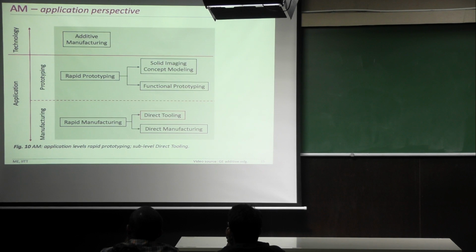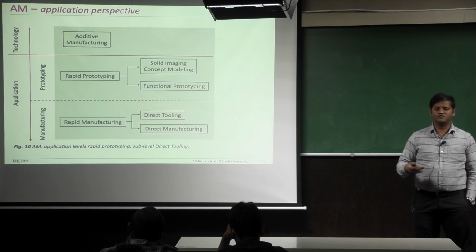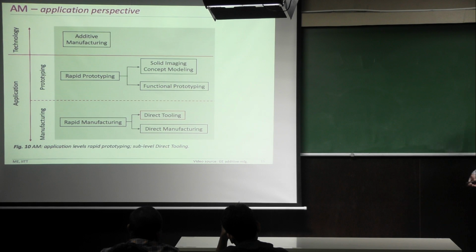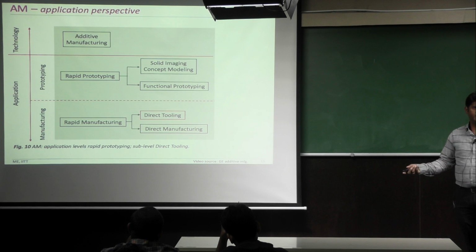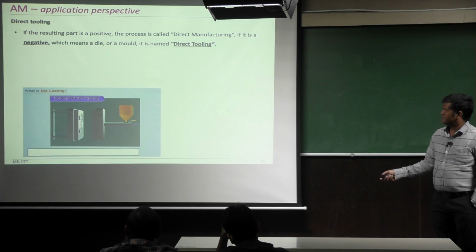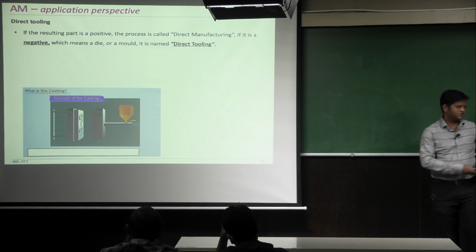Next one is the direct tooling. Under direct rapid manufacturing, one variant is direct tooling. Here what are the tools, that is the molds and the die and the mold inserts, okay. So all these are directly manufactured by using AM process. For example, you know this die casting process, right? So in die casting process,